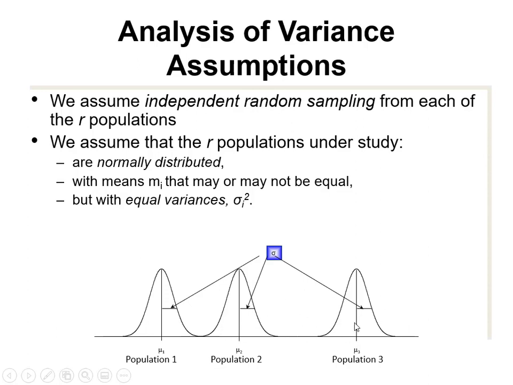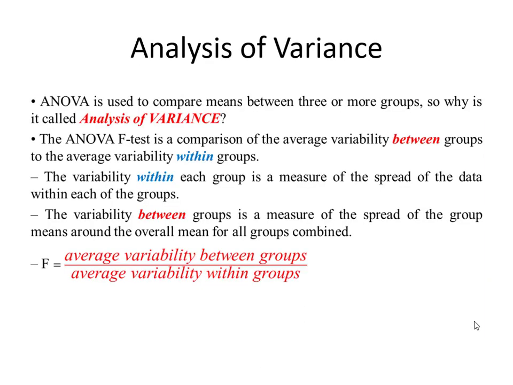But you can see that maybe between the samples, between the populations, there will be some variation, meaning the ranges are not the same. When you compare this with this, maybe they are both behaving the same, but when you compare this with this, maybe it will not be the same. But with equal variances. So you can see the variances, the standard deviations, are the same, but the means are not equal, because this mean is different from this mean and this mean is different from this mean. So analysis of variance will show us these differences.